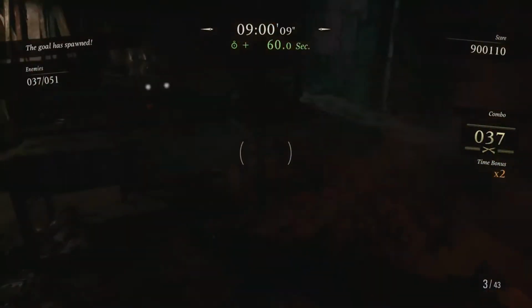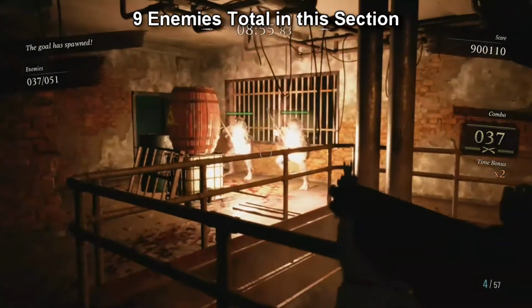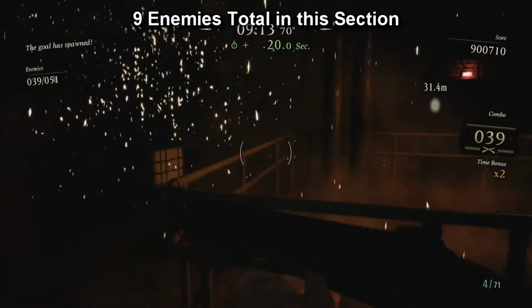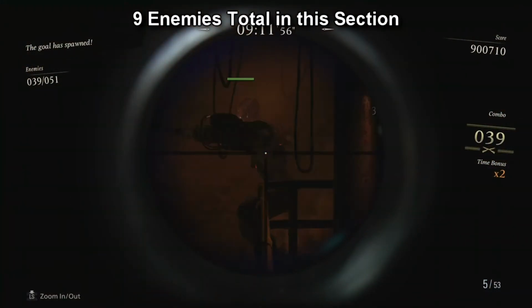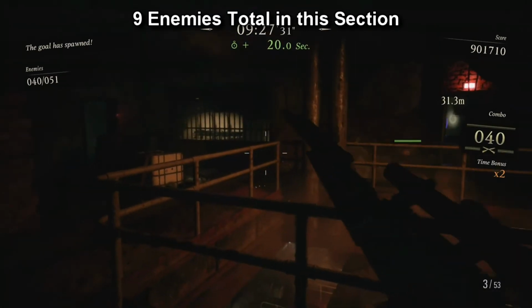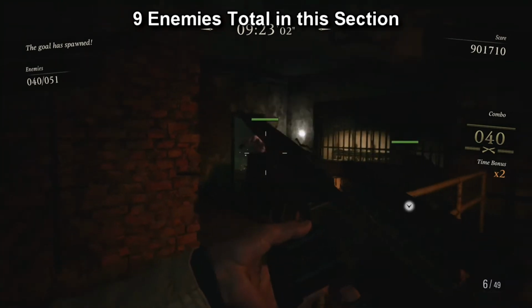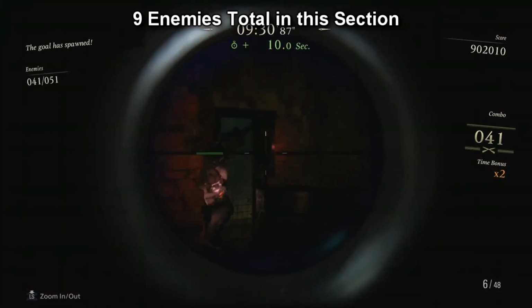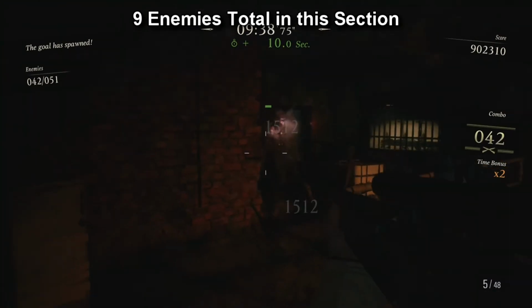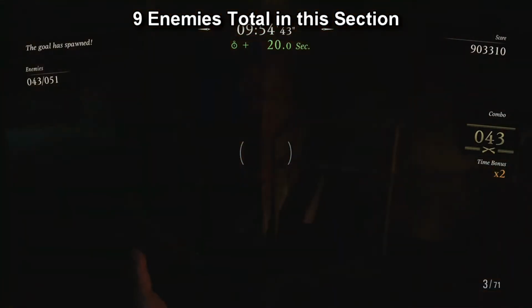But here's a sketchy route that I did, because I didn't know any better, where I just killed the two enemies in front of me, and then I came over here. So there's like 9 enemies total in this section. I end up killing them all, and then I have to race across the entire room to the goal room, and kill the last 5 enemies in like record time just to keep my combo. I somehow end up doing it in my run here. But